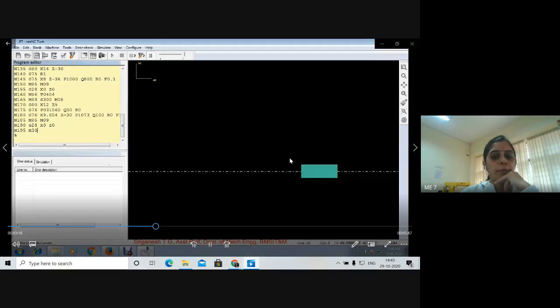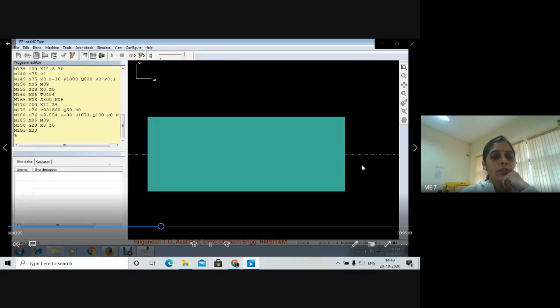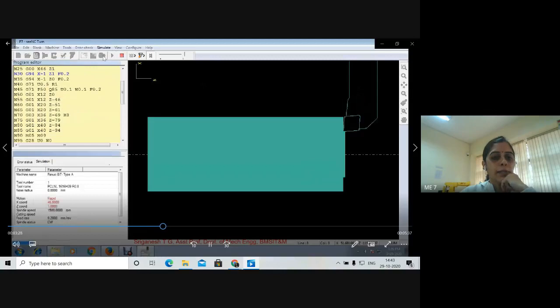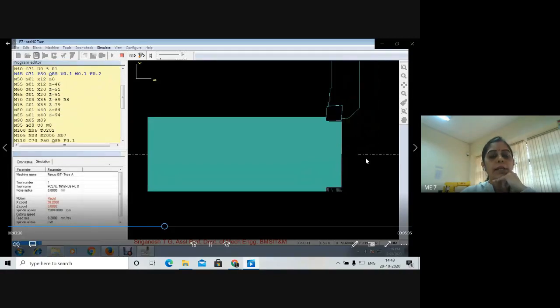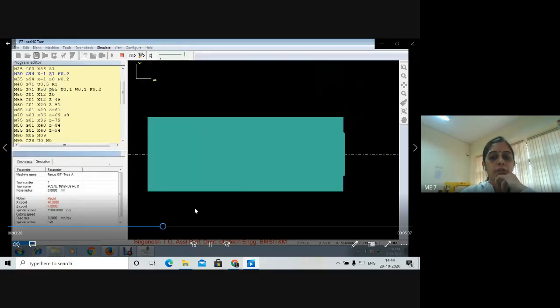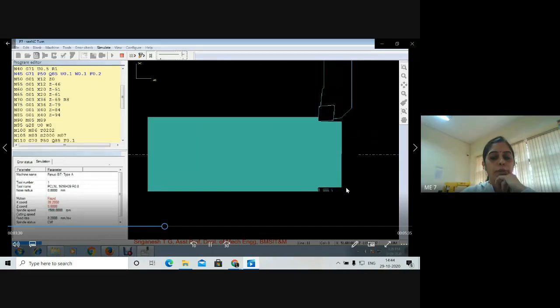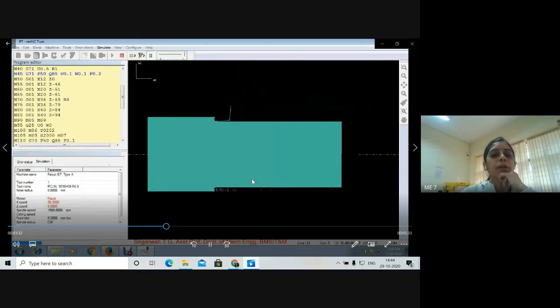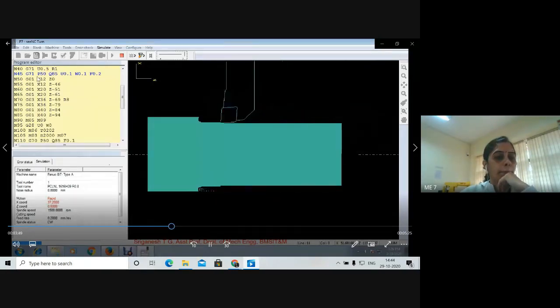Right, it will be very small, so just draw a box on it so it gets zoomed. After this, you can start with simulate. Once you click simulate, it starts with our rough turning operation. Since we use G94, it first does the facing operation also, one or two layers of facing. Then it starts the rough turning operation for the entire cycle we have assigned, from N50 to N85.